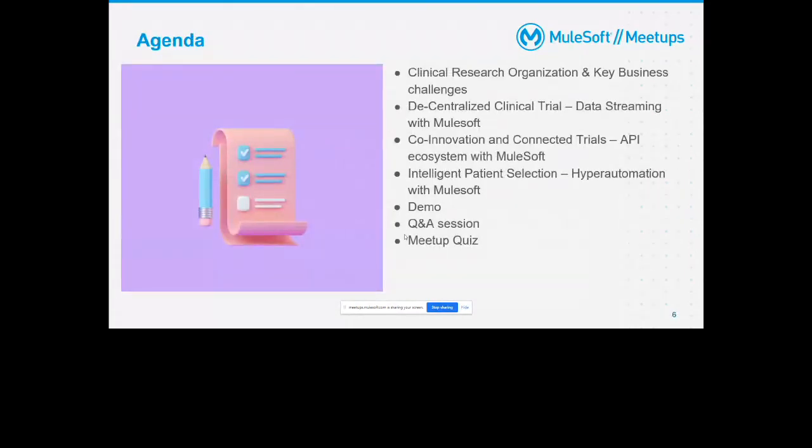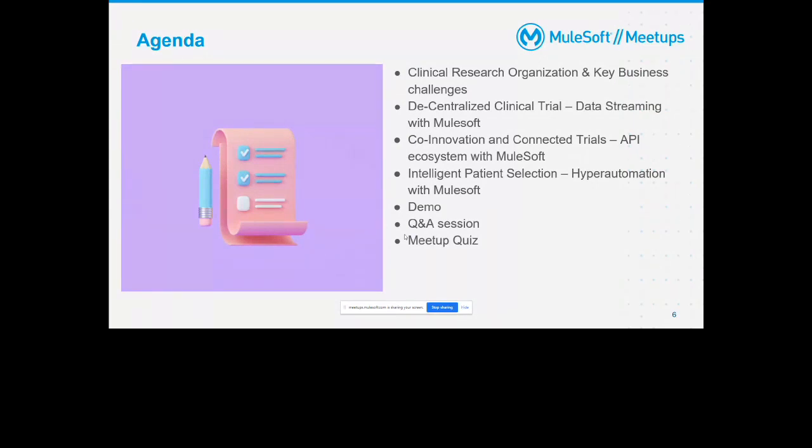Before we start, this presentation is about how MuleSoft can be implemented or utilized within the context of a clinical trial or research organization, and how these industry verticals can thrive with it.